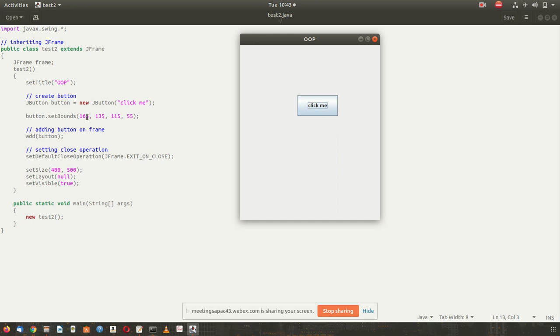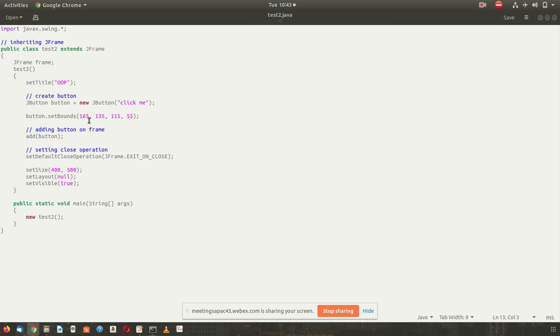Let us change some properties here. This button appears in the middle. Let us make some changes: from 165 let us make it 15 and see what change has appeared to the button.